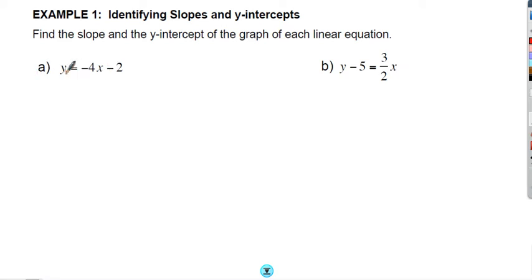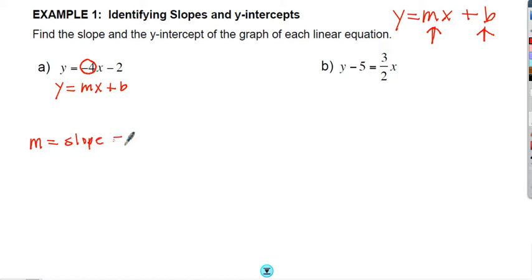So, for the first one, you have y equals negative 4x minus 2. And remember, the slope-intercept form equation is y equals mx plus b. And this equation itself tells you the slope and the y-intercept. And if you look at this one, it's actually in y equals mx plus b form. And the slope is always the number in front of x. So m, the slope,